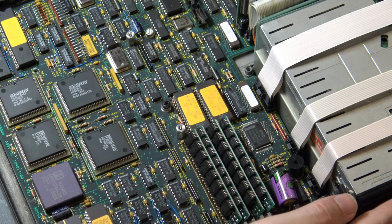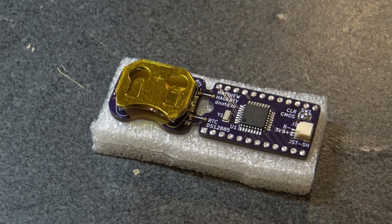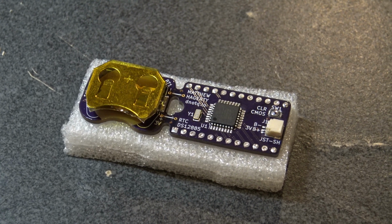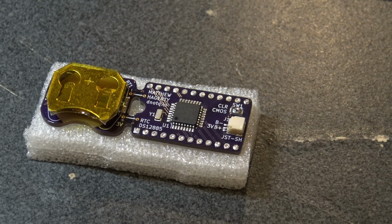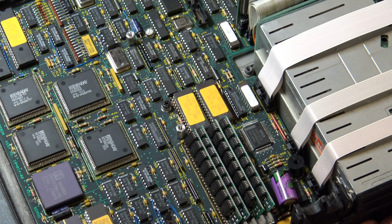Well, this video was about me replacing the real-time clock, the Dallas clock, with an aftermarket one. And the thing is super cool. This was designed by a guy named Matthew Haggerty. You should be seeing some B-roll of it right now. And the idea was that you could take this and replace your Dallas clock with this unit, and then it would run off of a